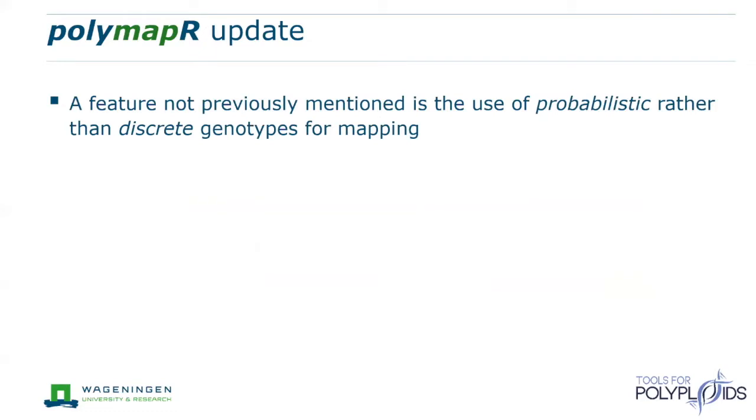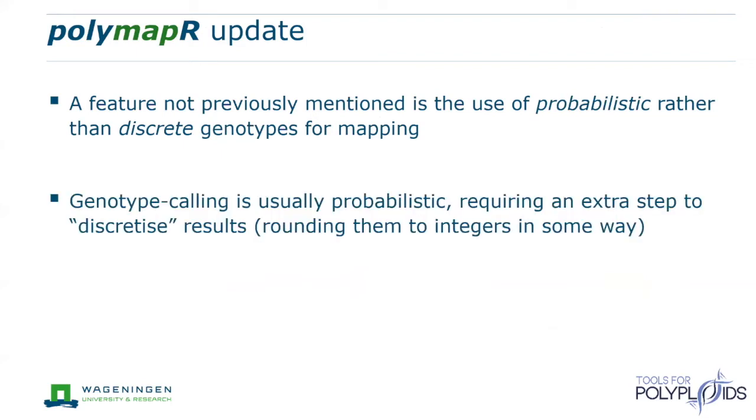As I said, I'm going to talk here about some updates to polymapR. Now, there haven't been a huge number of updates, but probably the most significant update, or new feature to the package, is that it is now able to use probabilistic instead of discrete genotypes for doing the mapping. And what does this mean? Well,